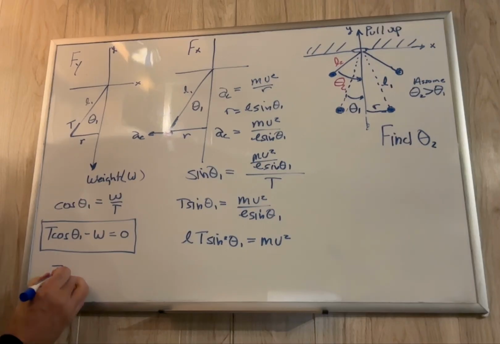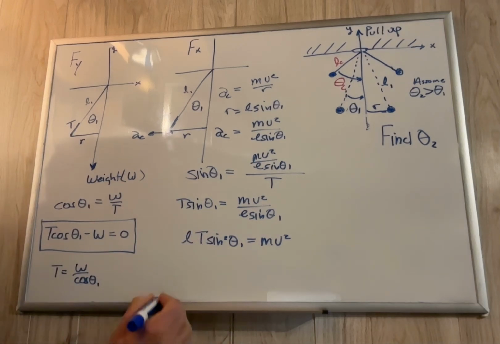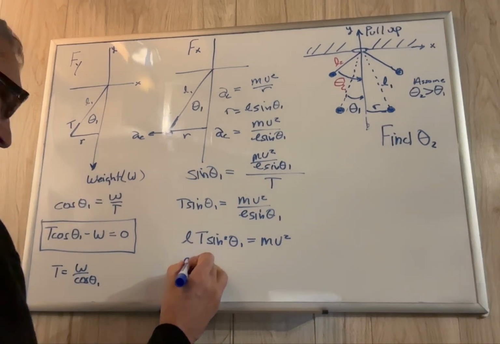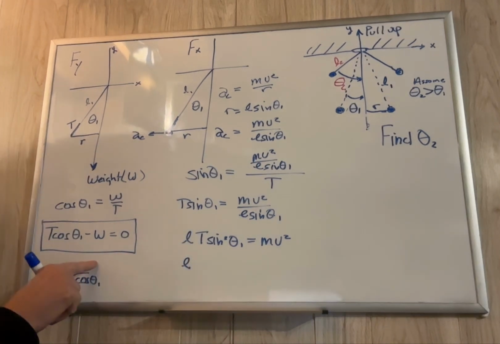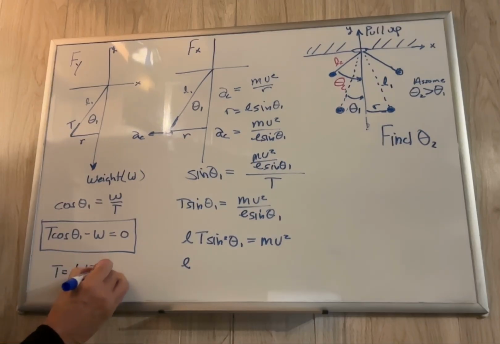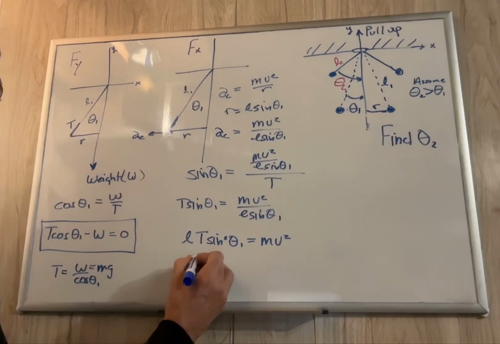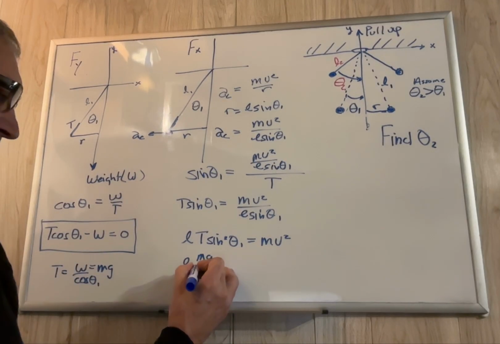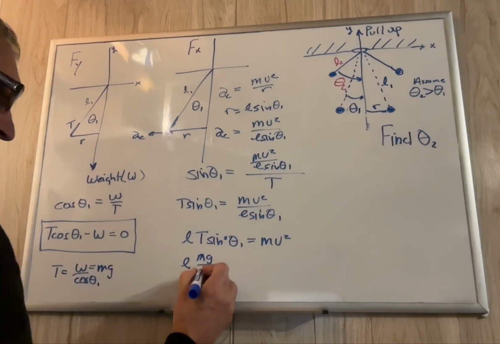T is going to be equal to weight divided by cosine theta 1, right? Can we put that in over here? Sure, why not? So we have L times the weight. What is the weight? Isn't the weight equal to mg? Whoa, mg, this is what I love about physics. Mg divided by cosine theta